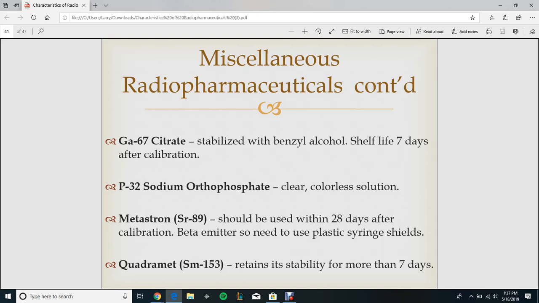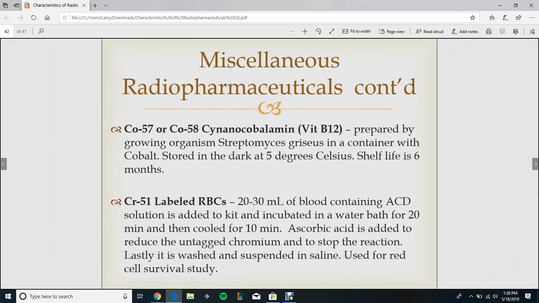P32 sodium orthophosphate is a clear and colorless solution. Metastron, which is strontium-89, should be used within 28 days after calibration. The beta emitters need plastic syringe shields. The Quadramet with samarium-153 retains its stability for more than 7 days. Cobalt-57 or cobalt-58